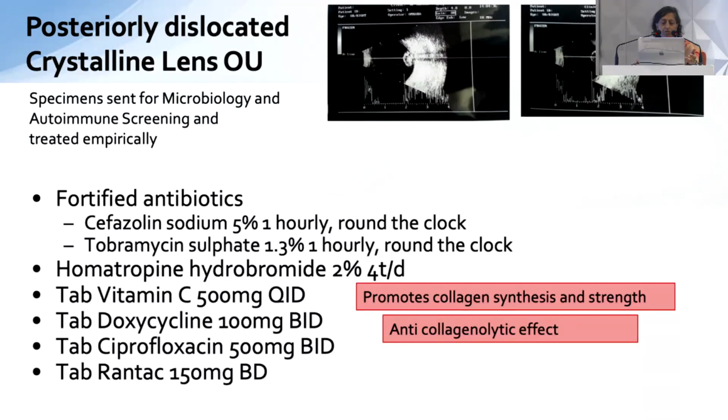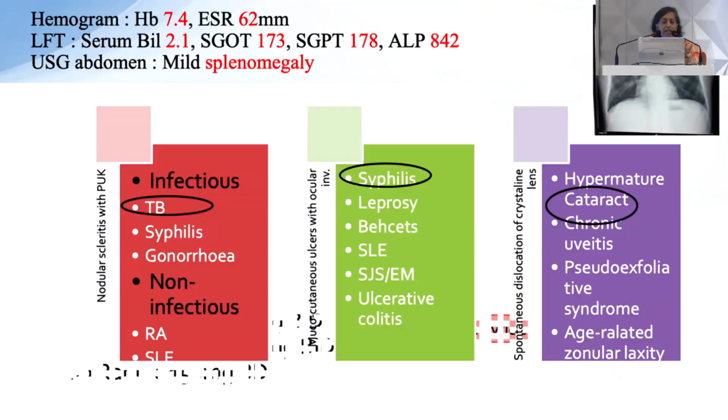It's a broad spectrum oral antibiotic, and subsequently the investigations came back with some derangement of liver function and low hemoglobin. This could all be consistent with the poor nutrition associated with chronic alcoholism. Under infectious causes, our first possibility was tuberculosis, because that is something that is more commonly seen. Options could have been syphilis and gonorrhea, but that was not high up in our mind because the investigations had turned out to be negative.